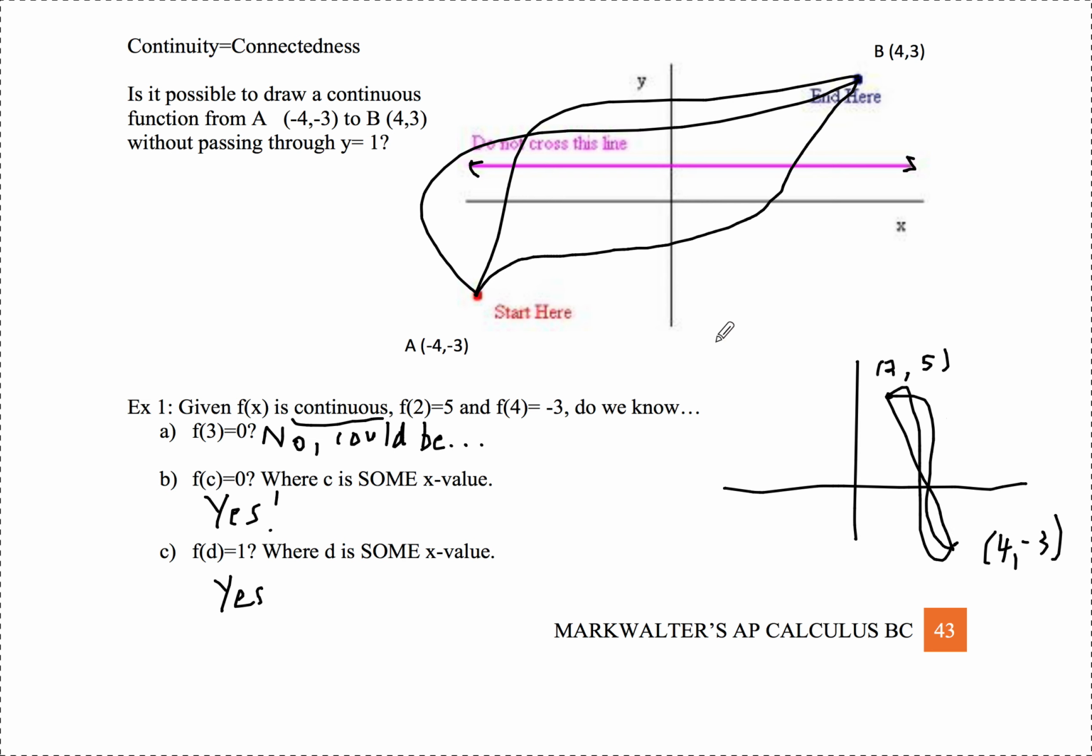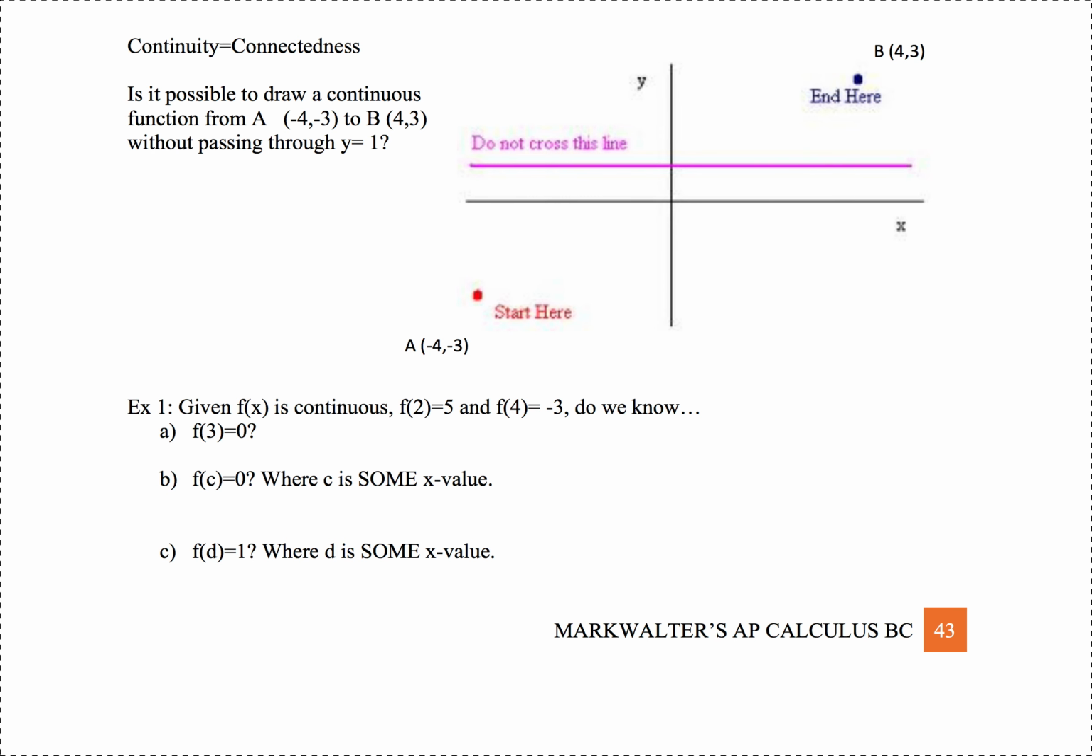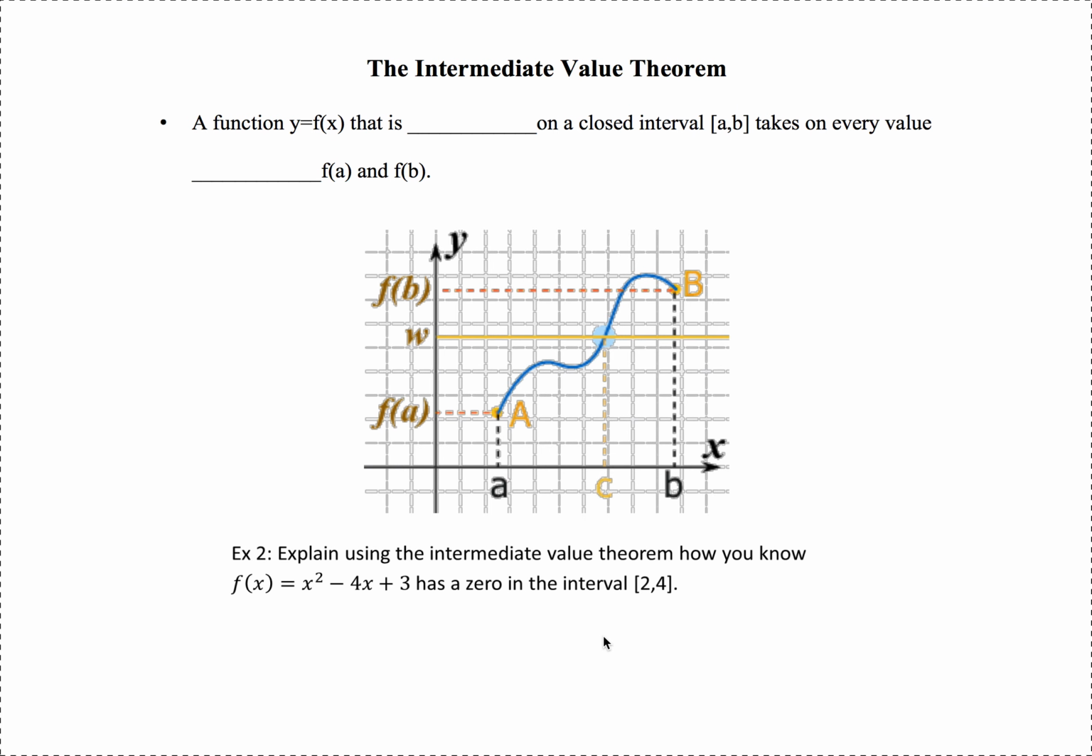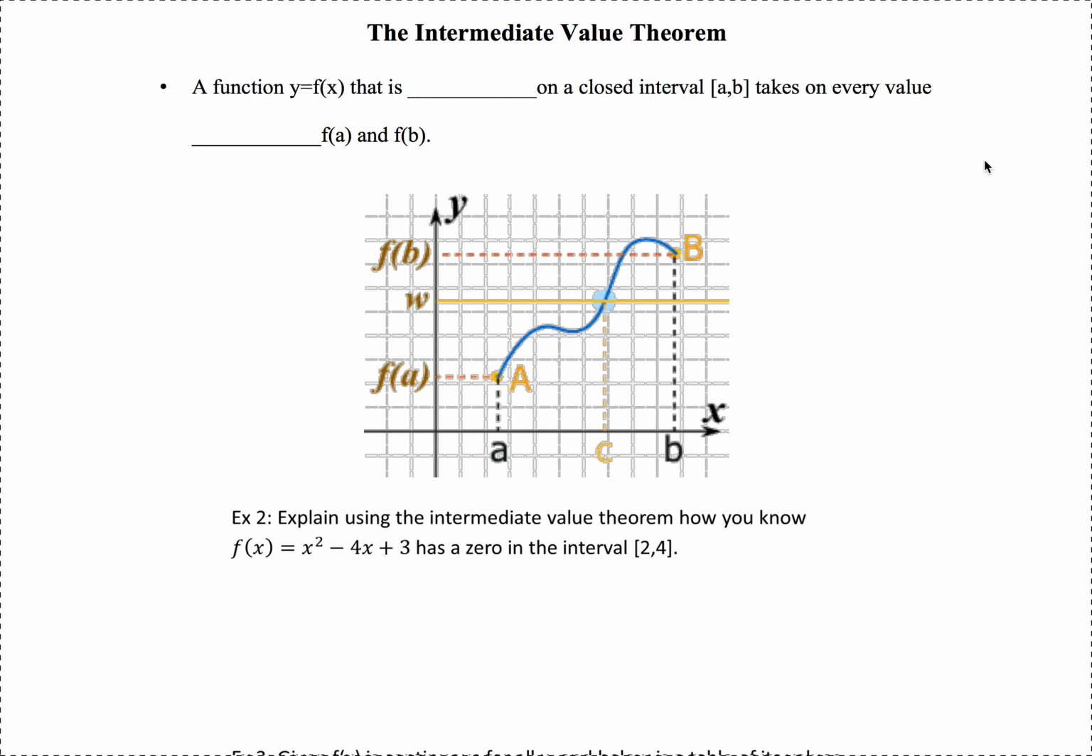But ultimately, this continuous f of x function is going to have to cross a y value of 0. That was part B. And it's going to have to cross a y value of 1. If it's a continuous function, it's going to have to cross through those. And that ultimately leads us to our big conclusion here, which is the intermediate value theorem. The intermediate value theorem says this: a function y equals f of x that is continuous, and that's the key here, the function has to be continuous